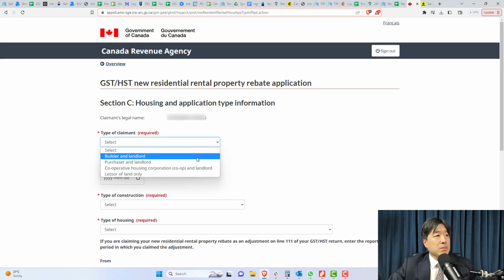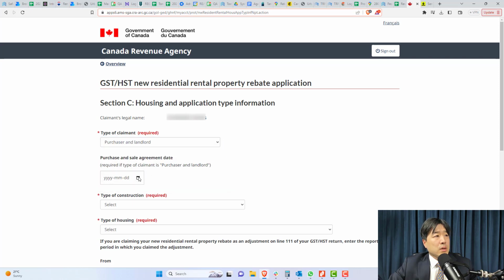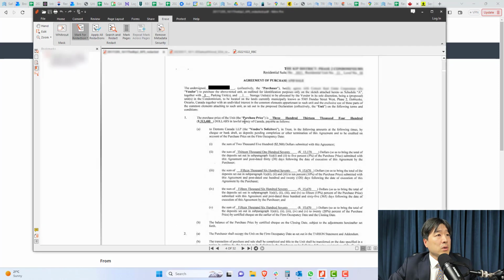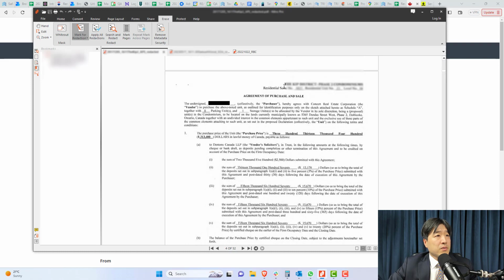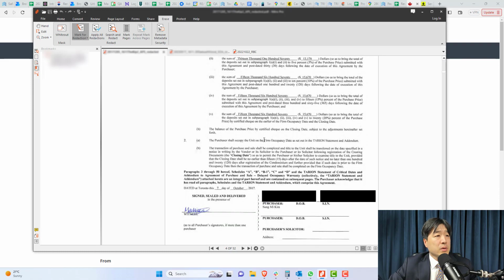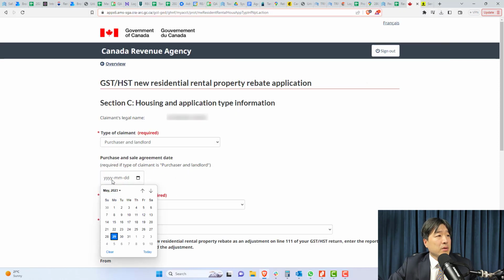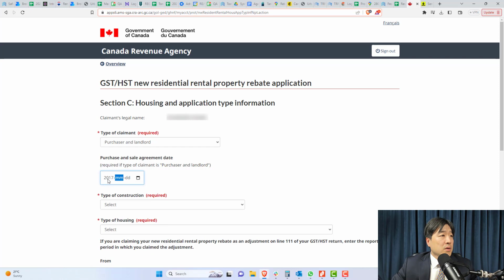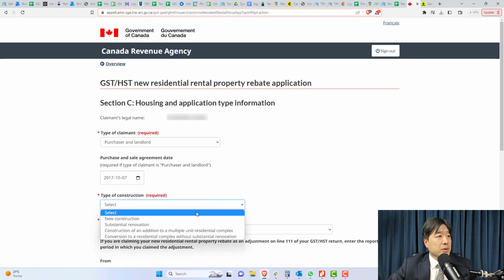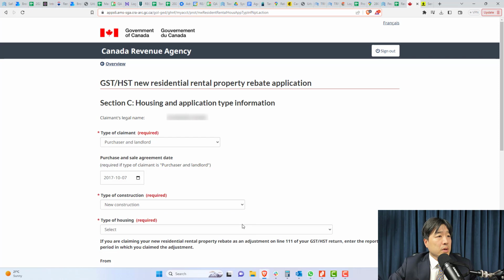So the type of claimant is a purchaser and landlord. The date of the sales agreement. So I'm going to go back to the original contract. So this is the front page of your agreement of purchase and sale. And it's dated the 7th day of October, 2017. So I'm going to enter that into here. 2017, 7th day of October. So the type of construction, it's a new construction. Type of housing,